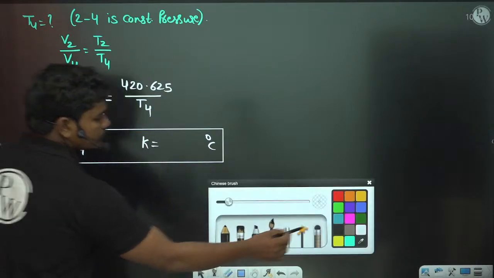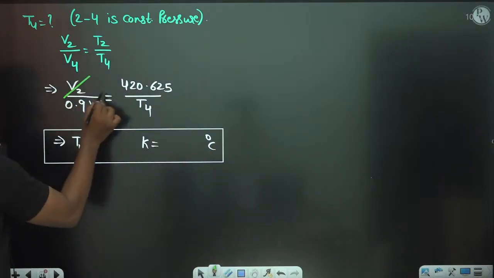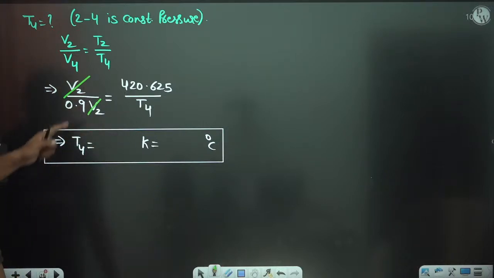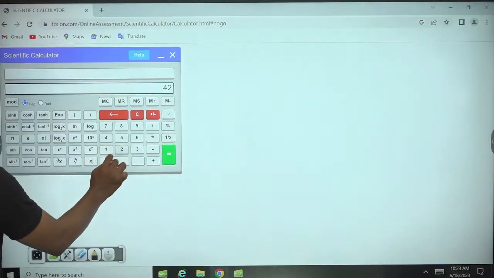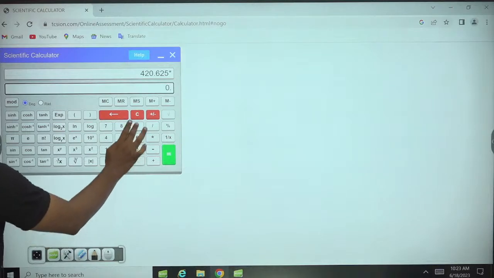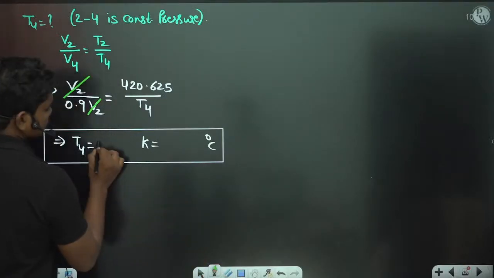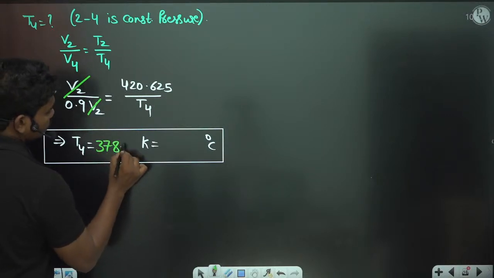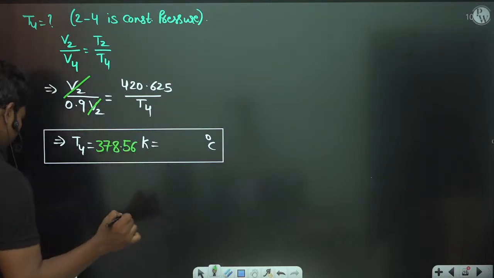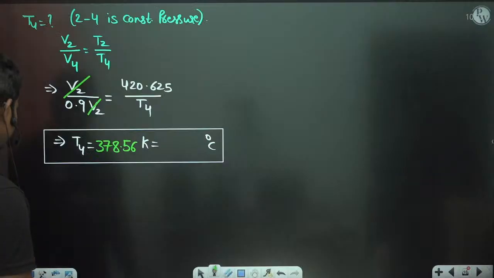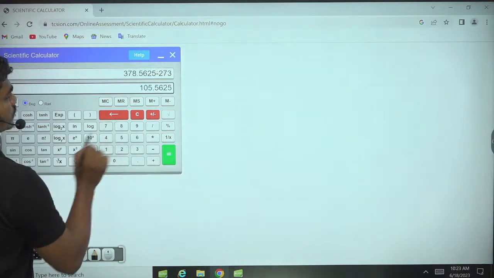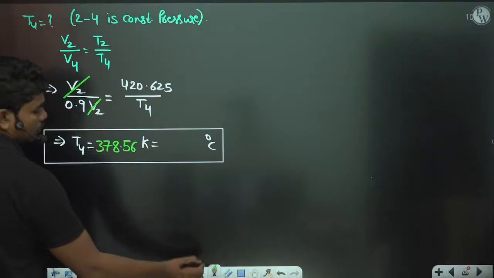So anyhow, here if you see, this V2 gets cancelled. 420.625 multiplied with 0.9 is T4 actually. So 420.625 multiplied with 0.9 gives you 378.56 Kelvin. So this has to be subtracted with 273, so minus 273, which gives you 105.56